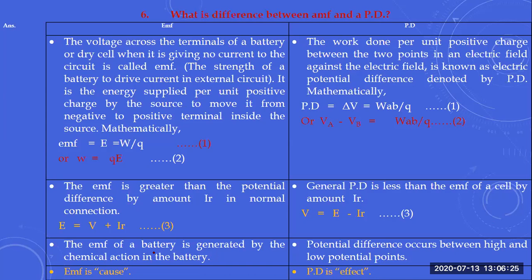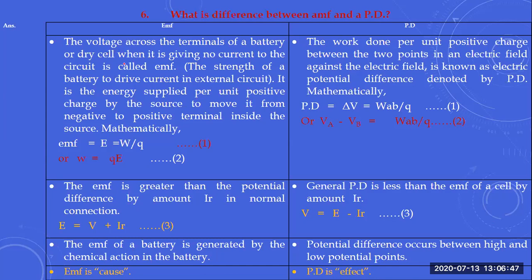The energy used, or the work done per unit charge when it is moved through the conductor, is basically the potential difference, and it arises due to the cause, that is, the EMF. If there is no EMF, you will be unable to move the charges. You have created a cause, and then you observe the effect while the charges are moving.